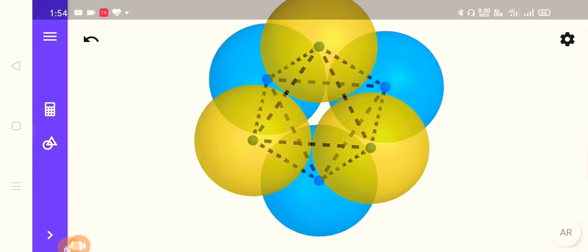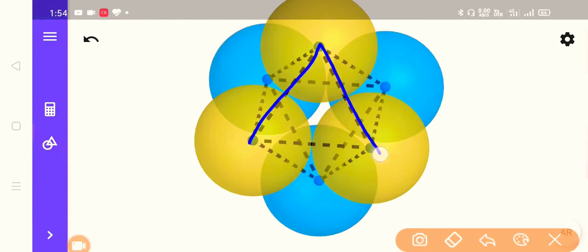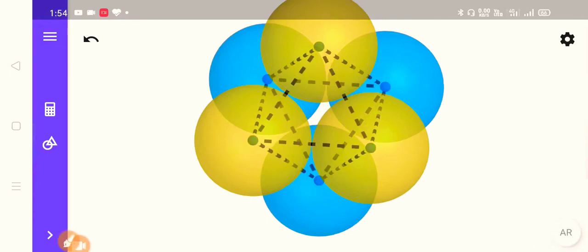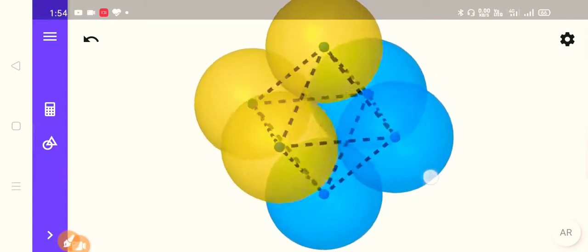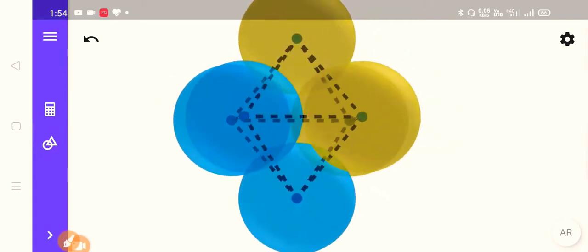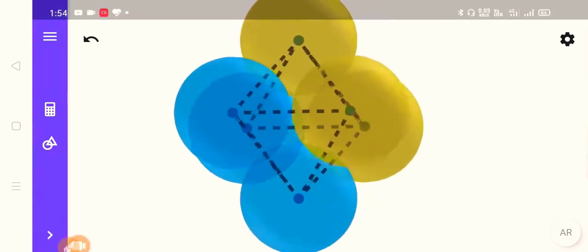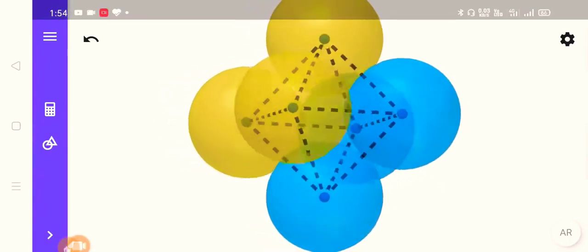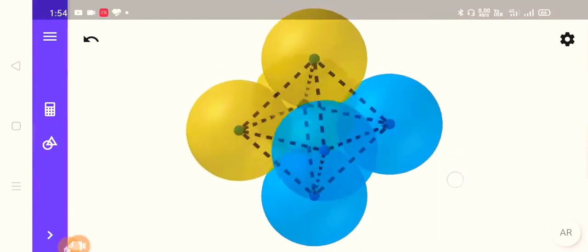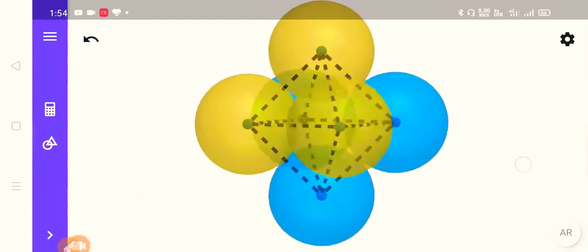As you can see, when the first spheres create a triangle pointing upwards, the second spheres will create a triangle which points downwards, and you will get an octahedral shape like this. Okay, so as you can see, this is our octahedral shape created by a total of 6 spheres, 3 from the bottom and 3 from the upper layer.